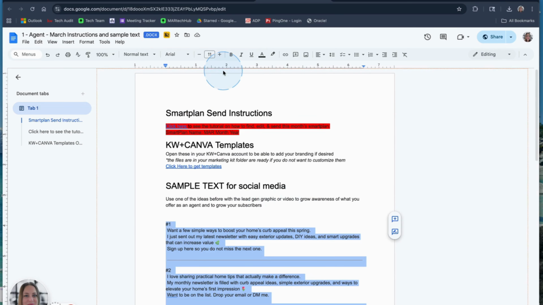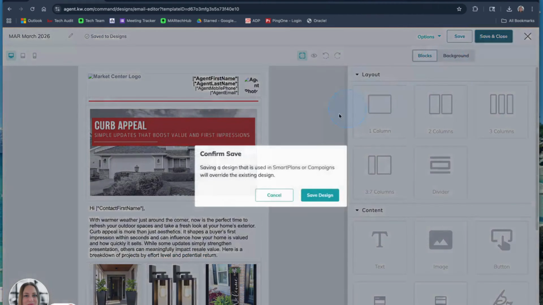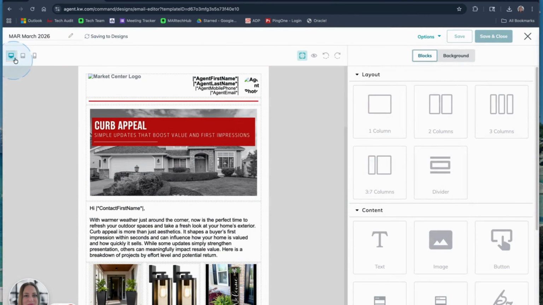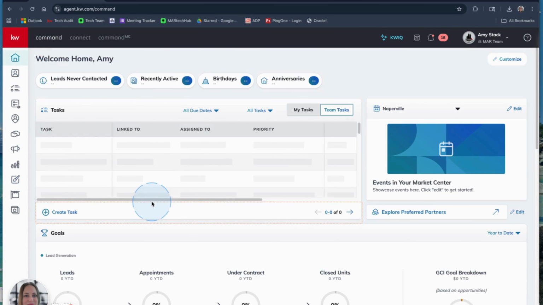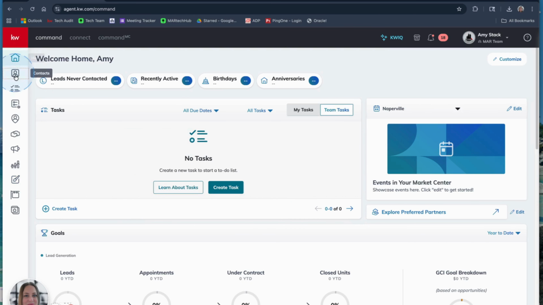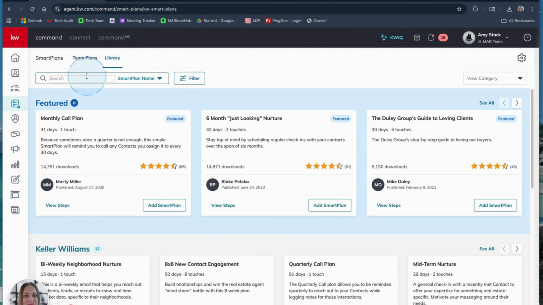And then the final step is actually sending that email. So how do we do that? I'm going to close out of this. I am in Command. So when you log into Command on your home screen, on the left-hand side, you'll see SmartPlans. It's that fourth icon. So you want to go into SmartPlans, and we're going to go to the library,